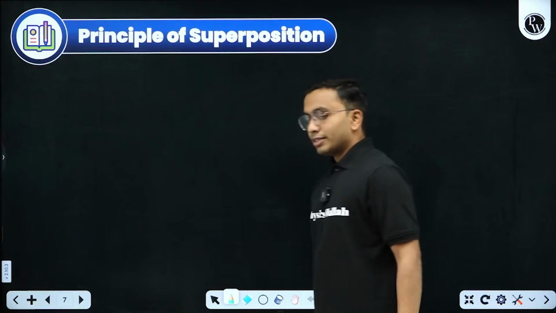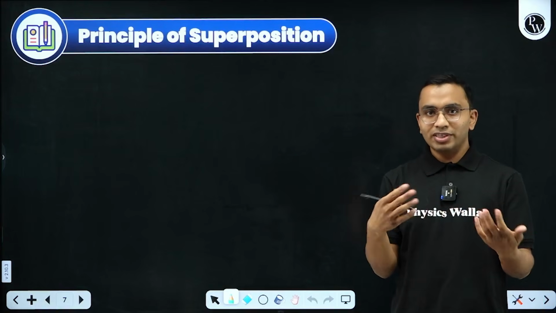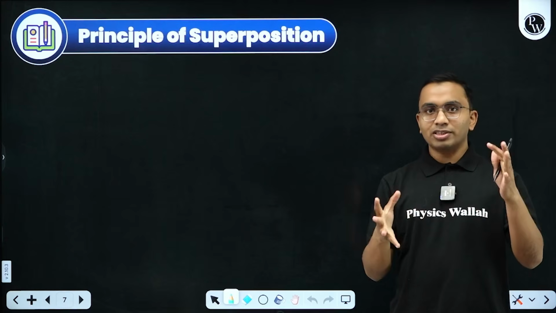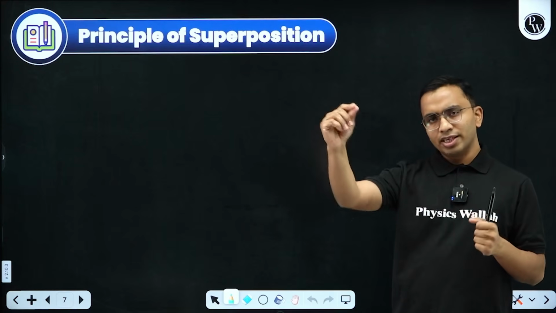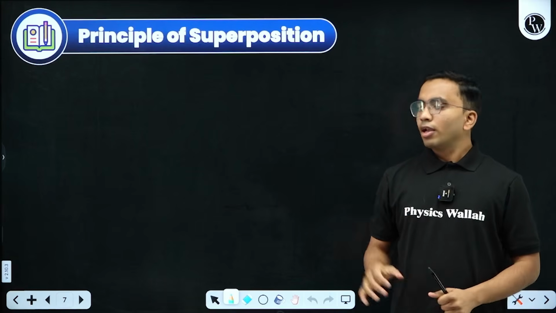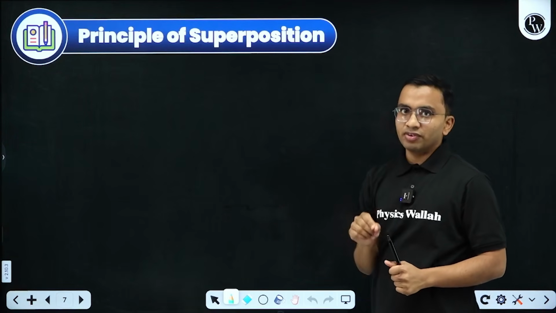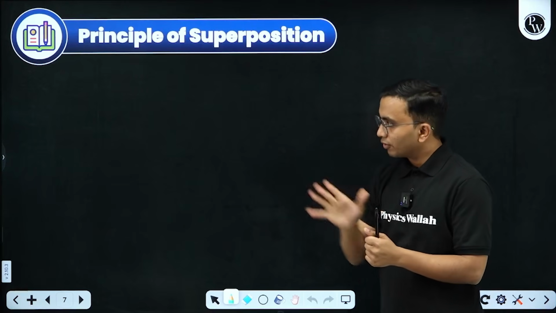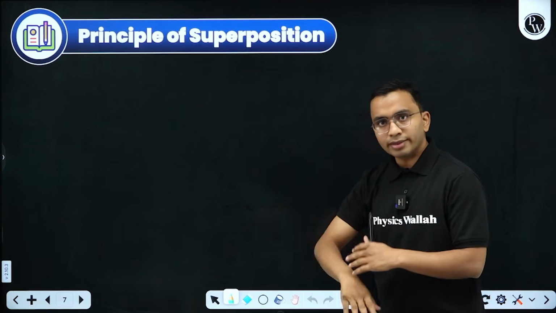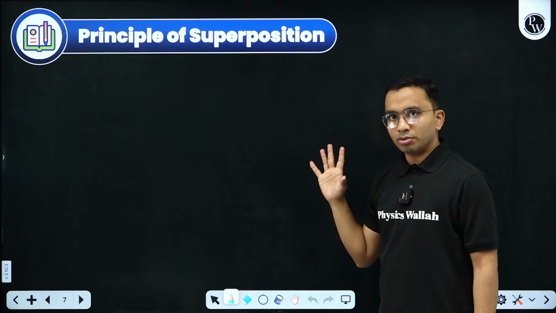Okay, now let us discuss the principle of superposition. We discussed the principle of superposition with charges also: when multiple charges are there and we need to find the force on one of the charges, we use that. What superposition tells is, let us take there are multiple masses and you want to find the force on one of the masses. What you need to do is first write the individual forces due to each mass, take the vector resultant, and that is the resultant force on that particular mass.